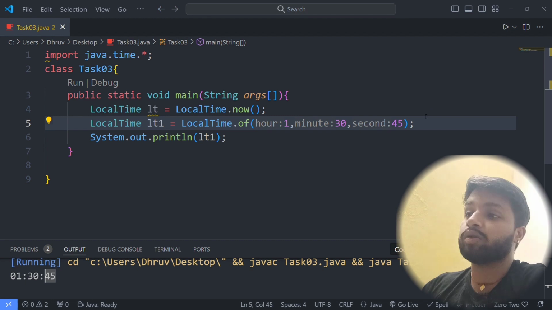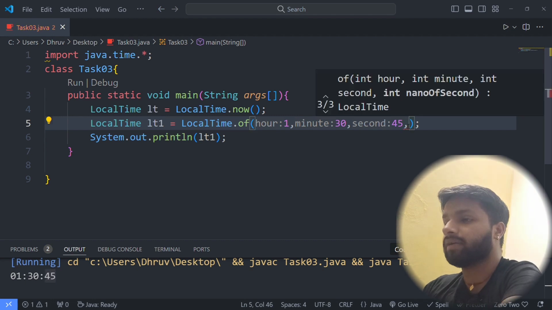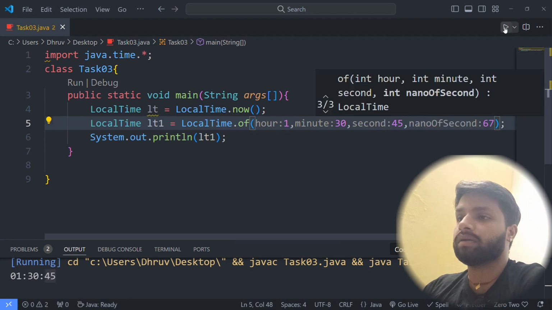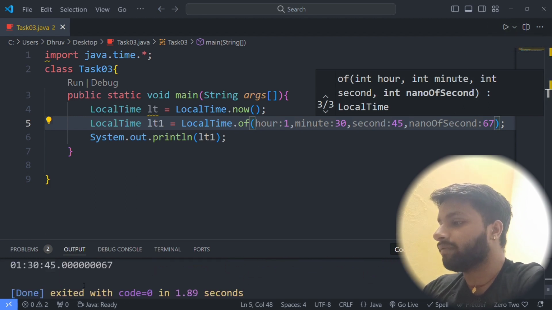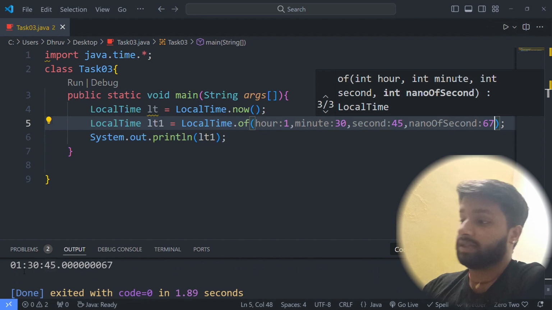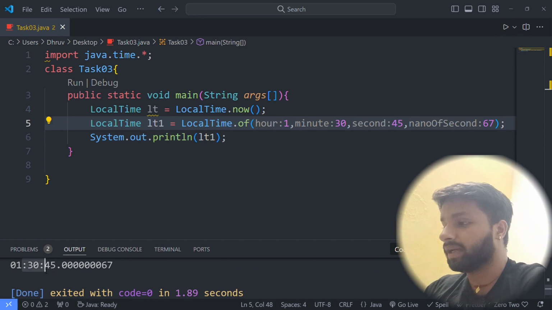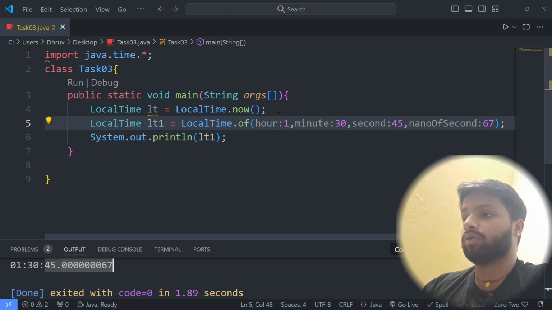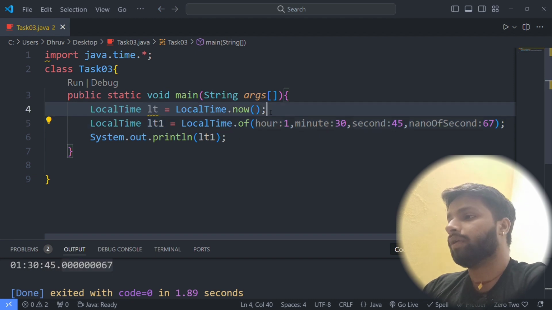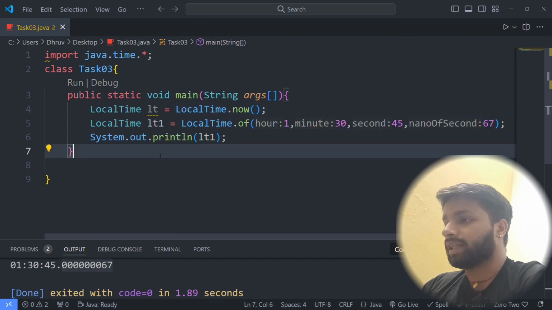And now I can also pass the nanosecond, say 67. This will print 1, which is the hour, 30, the minute, 45, the second, and the remaining part is the nanosecond. These methods are pretty similar to the ones we already learned in our date video, so there is nothing big.